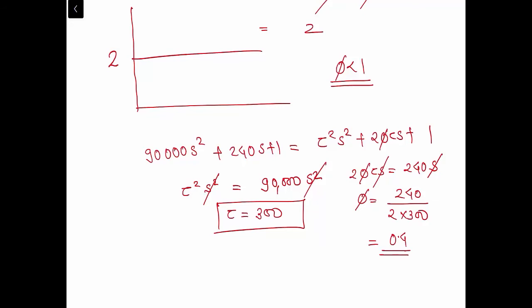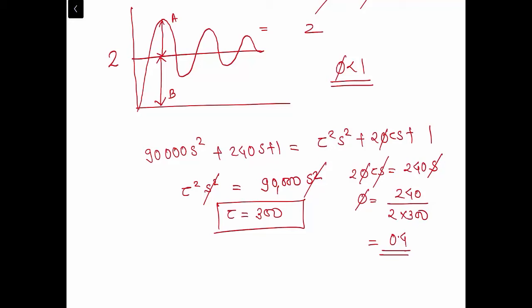Okay, so it shows that our system is underdamped. If our system is underdamped, then the graph will go like this. Okay, it will overshoot. So what is the value? The value up to this point will be b, and this point will be a. So we have to calculate the overshoot.